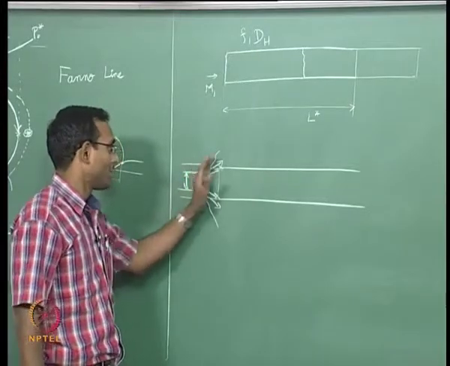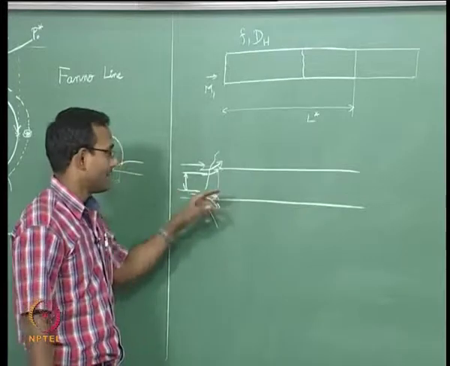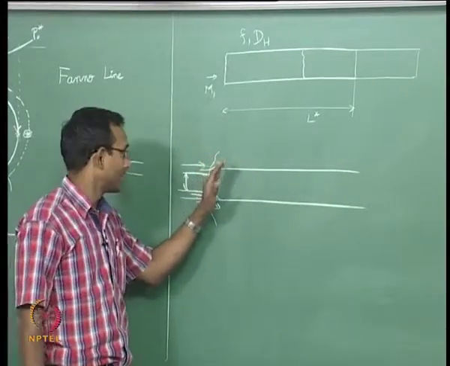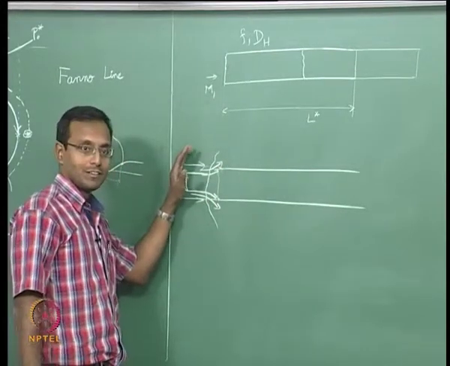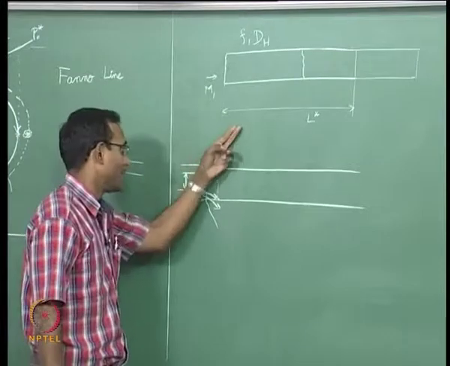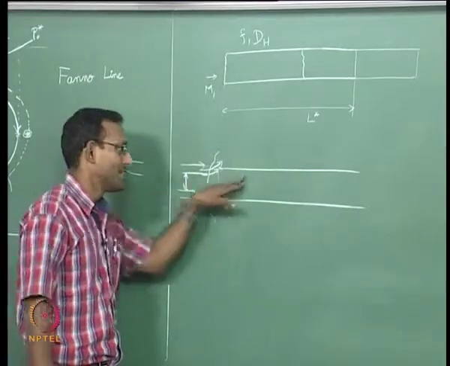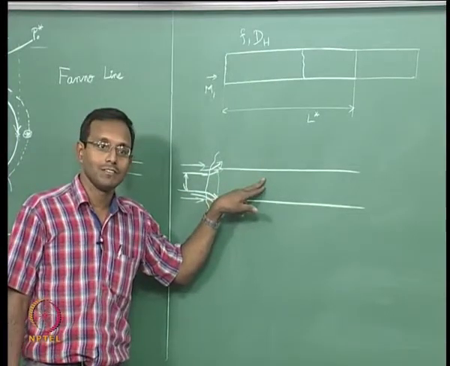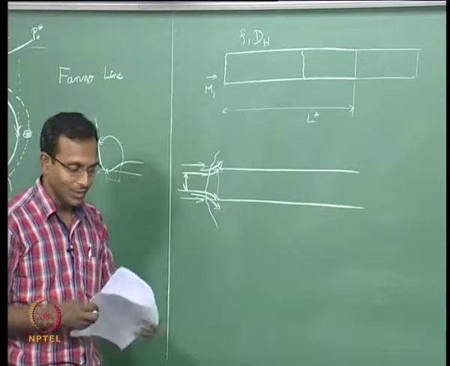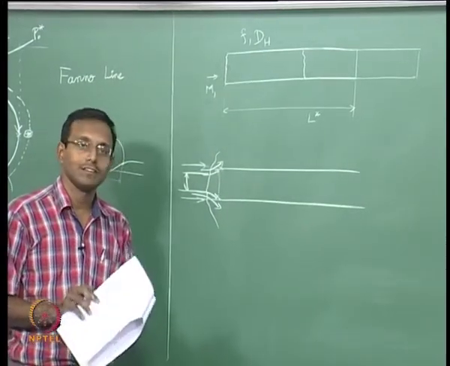Shock comes out, and if I increase my length more, then there will be more compression waves coming out, making this shock even stronger. It will go sit more outside, which will make it more curved. So there will be more mass leaking out, more spillage, so that the net mass flow inside is even smaller. This is all just physical feel. We will look at how to analyze this problem numerically next class.